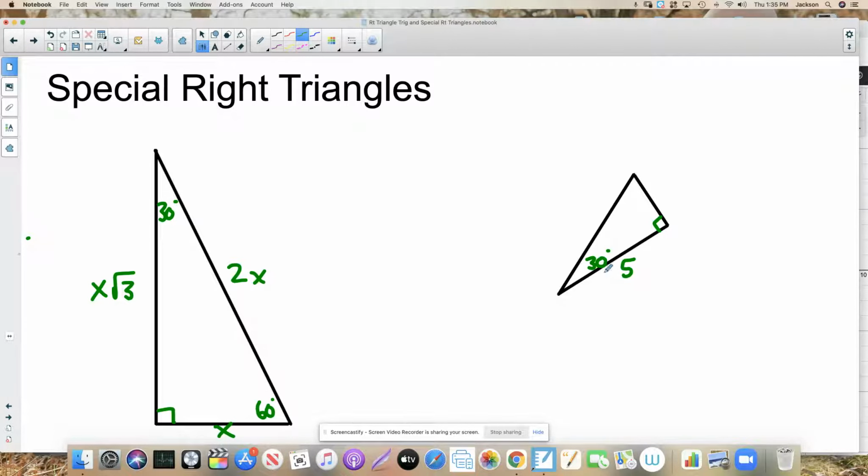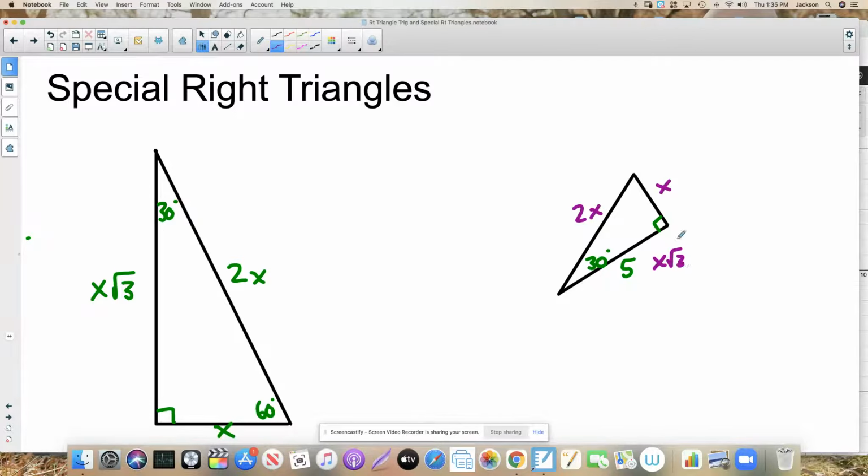Say this is 5. Okay, so let's say I wanted to find these other two side lengths in this right triangle. Well, I don't know this side, I don't know this side, I know this side is 5. But again, it's going to be my suggestion, and this is the way that I've always taught this, is that when you have a 30, 60, 90 triangle, immediately label the sides according to the ratio that you already know,